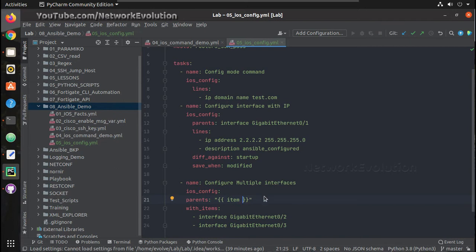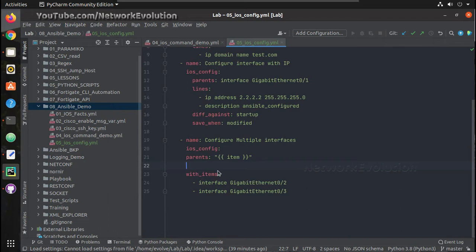Item. So now what will happen is, for each item it will loop through the configuration lines what we are going